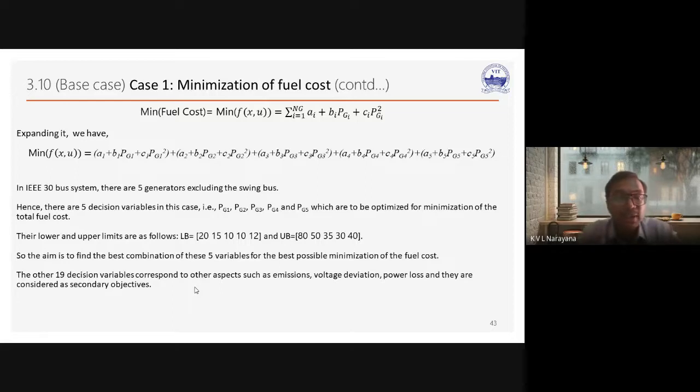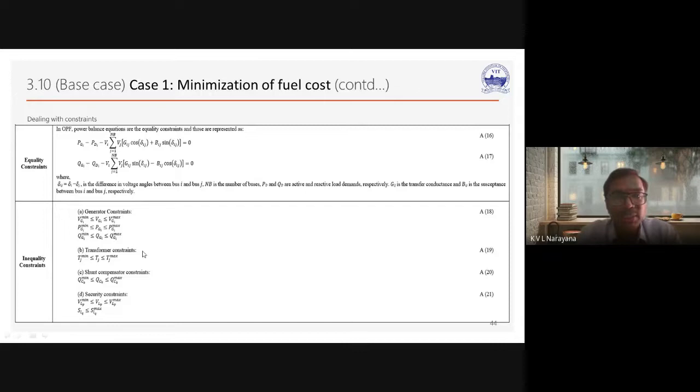Whereas the 19 other decision variables we considered are responsible to minimize the emission, to minimize the voltage deviation, to minimize the power loss, and they can be considered as the secondary objectives. In the first case, we are going to optimize the first 5 decision variables, that is PG1, PG2, PG3 up to PG5, as per the algorithm we are going to apply. So this is the detailed